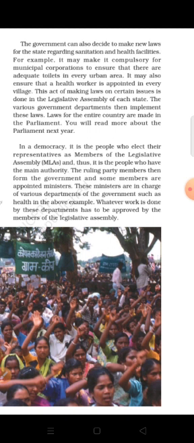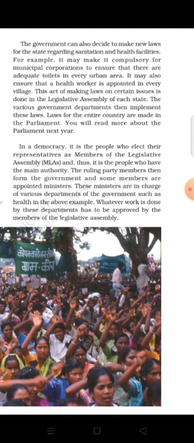Just like the previous day, 11th July, they passed an act. The Yogi Adityanath government passed the population two-child policy for every person. If you have two children, you can get a government job easily. If you have three or four, you are not eligible for a government job. This type of act was also passed.